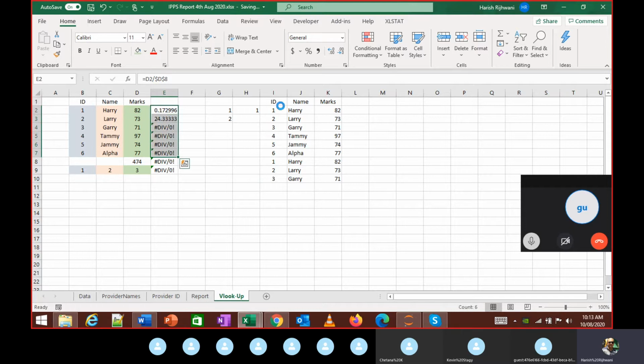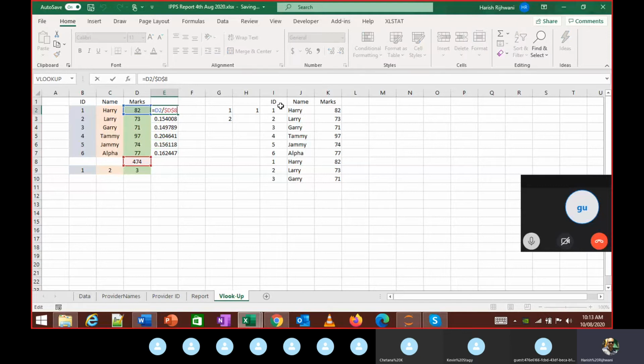Now when I change the formula, it is going to fix the value of D8 everywhere whenever I drag that particular formula, which is why it is important to fix the same in terms of the table range in my VLOOKUP. Okay, sir, got it.